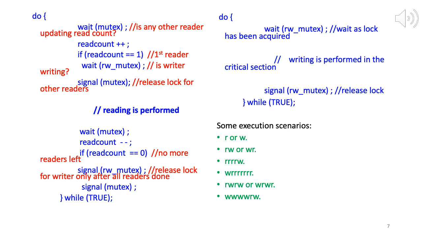Fourth scenario, one writer followed by many readers. So then the first writer obviously acquires the lock. All other readers have to wait on it. So the first writer will acquire the lock, and now if you have a bunch of readers coming in, let's say very quickly, all of them will be waiting on the read write mutex. First reader, second reader, third reader, fourth reader, fifth reader, sixth reader, and seventh reader. So 7 readers will all be waiting at their RW mutex. Now when the writer releases it, then one of those readers can acquire. Which one? You can decide based on the scheduling algorithm.